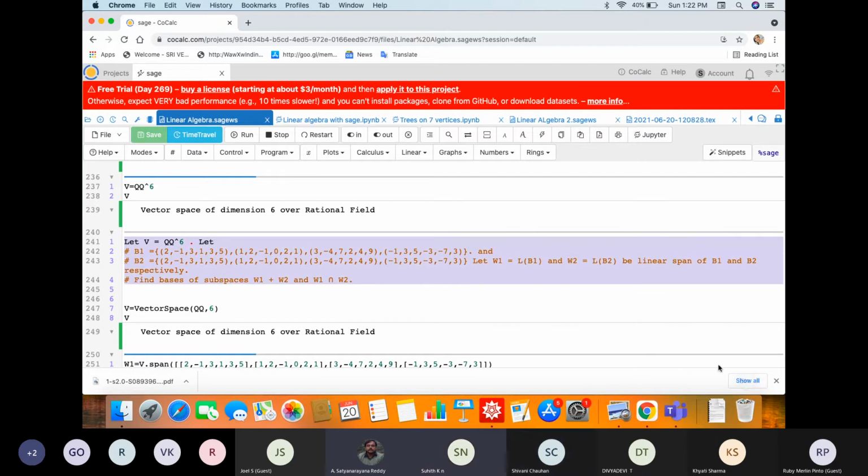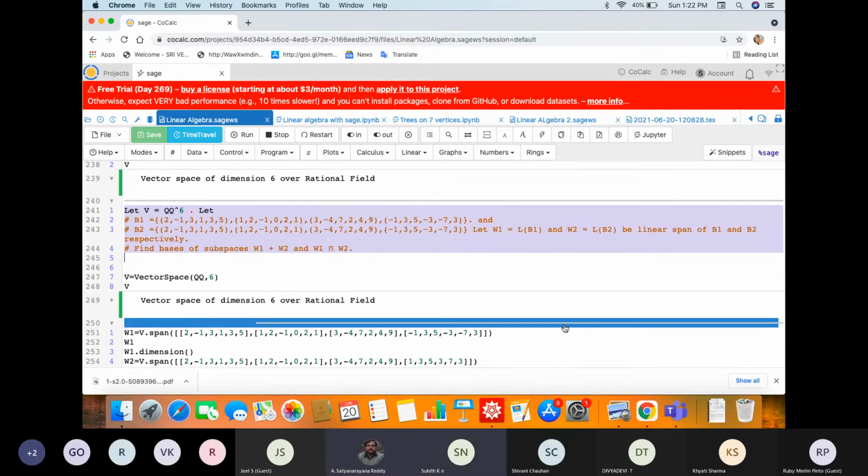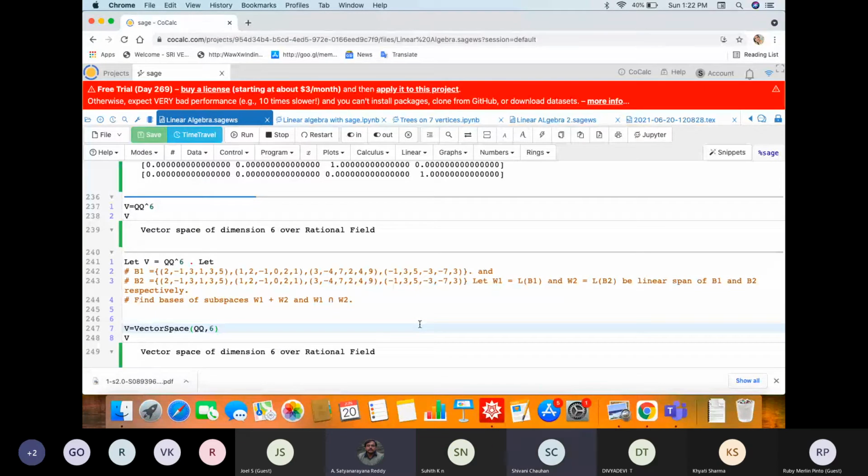Sir, most don't have a chat box. Not the chat box, we'll put it on the website. Otherwise, let them take their own vectors and work out. They need not give the answers, just whether they are confident or not, whether they have done it or not. That much is sufficient.